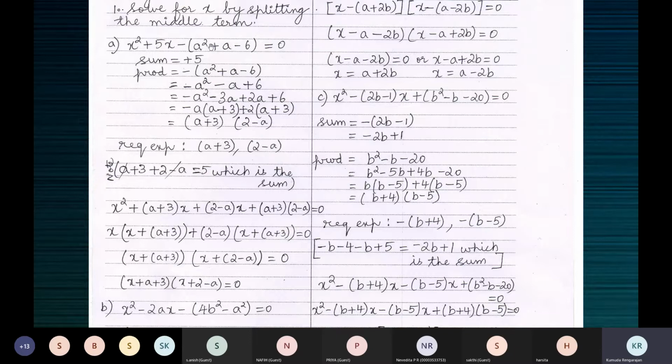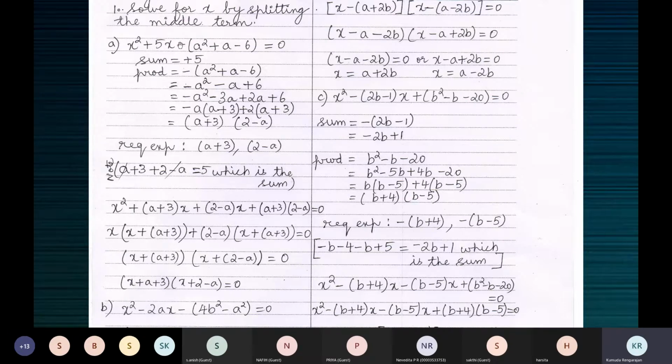So go back to the equation given to you. Write the first term x square as it is. And instead of this one, we have factorized it, no? Write this. Instead of this, write this. And be careful. We have taken here in the product, we have actually factorized minus of A square plus A minus 6. So don't put the minus sign because we've already used it here. So I hope we understand. We have taken this minus sign here. So be careful. It will be plus. It's not this minus.